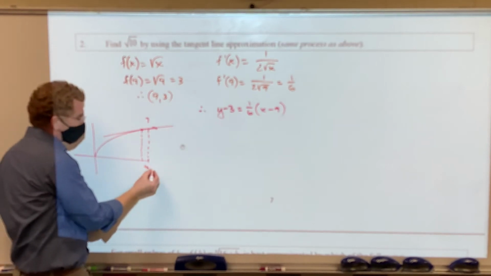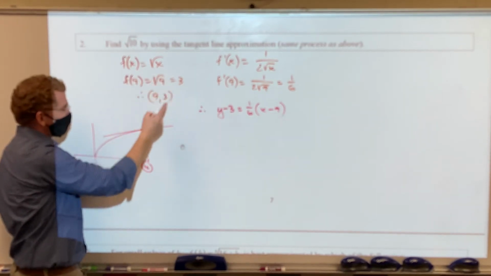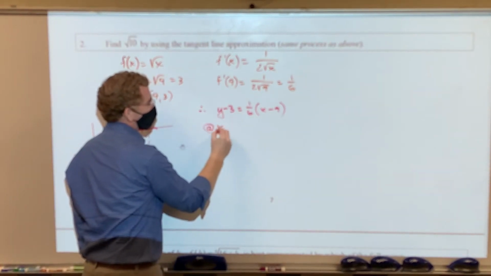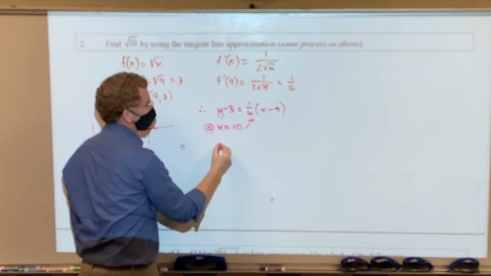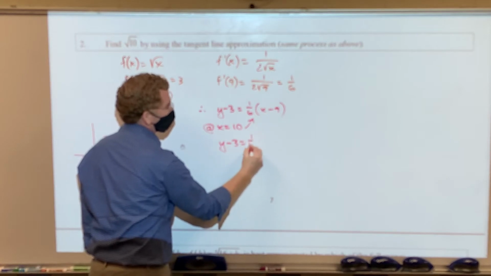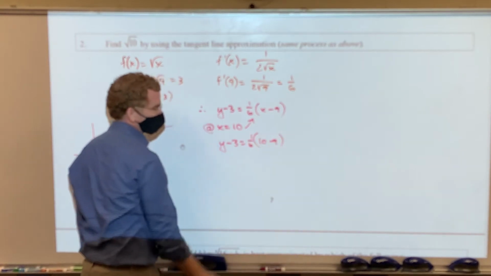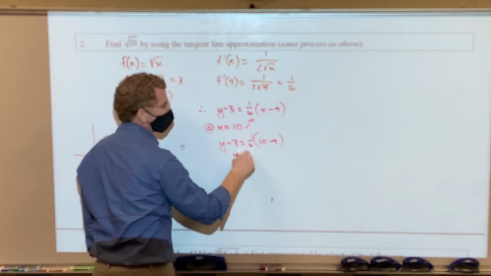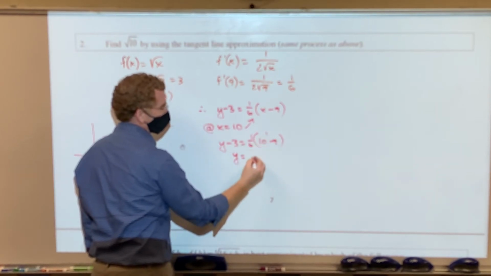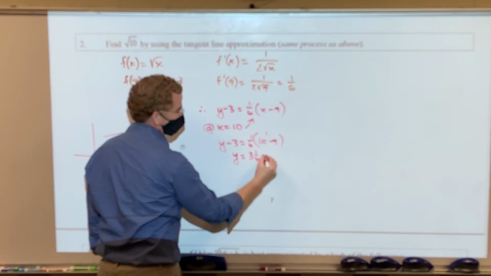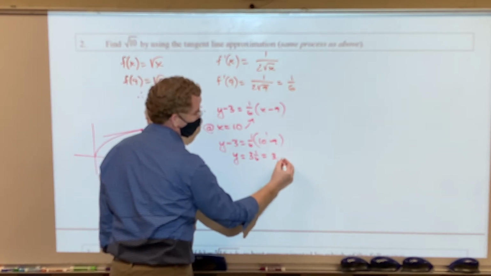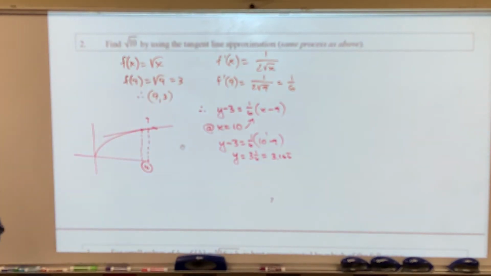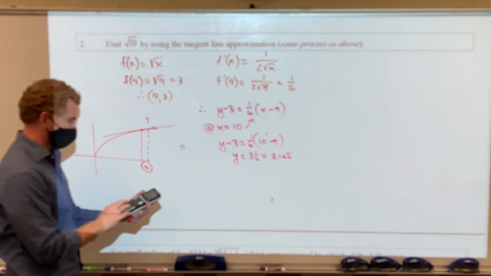I want to plug 10 in, but I'm not getting anywhere, so I'm going to plug 10 into this tangent line. So at x equals 10 in there, y minus 3 equals 1/6 times 10 minus 9. So you end up adding the 3 to the 1/6, because that is a 1 right there. And you get 3 and 1/6, which is 3 point, what is it, 1.16 repeated. And if I actually do find the square root of 10